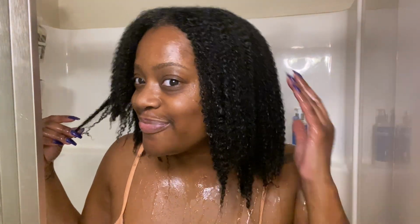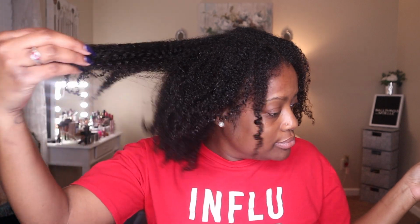So this is what my hair looks like after it's rinsed, and now I'm doing my happy dance because I just love good results. Okay you guys, so now that I am out of the shower, it is time for